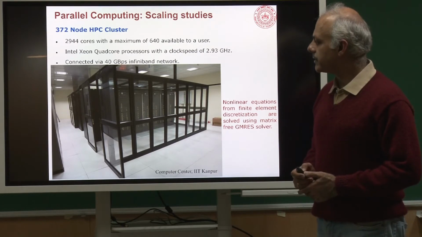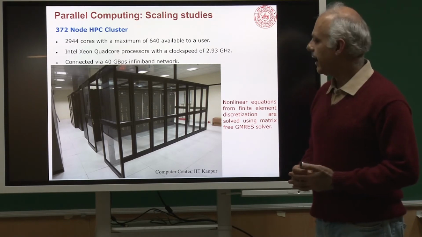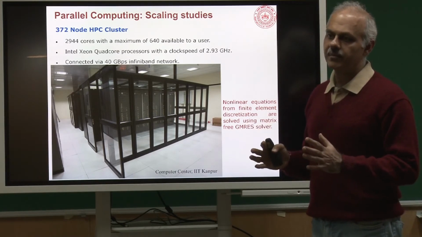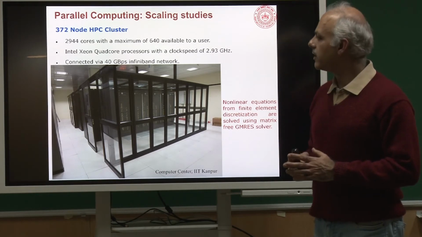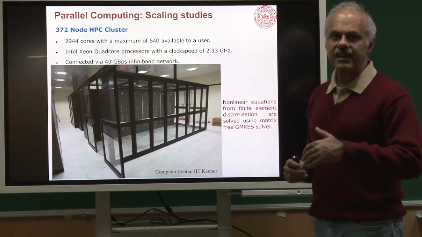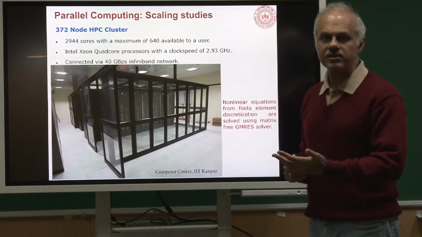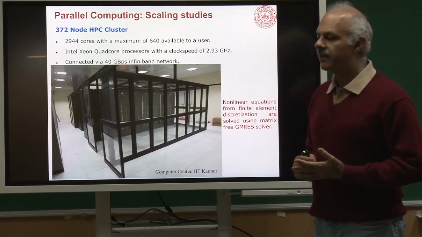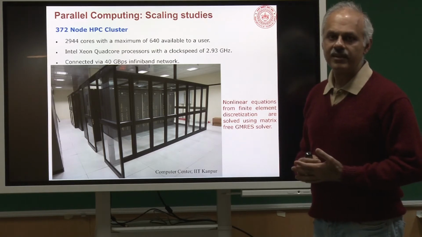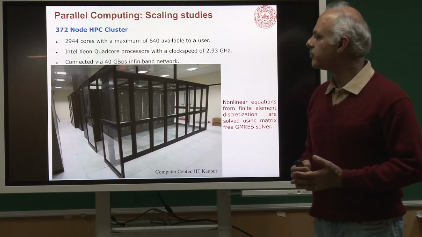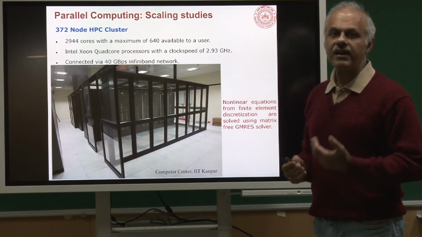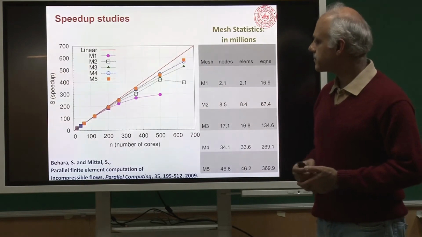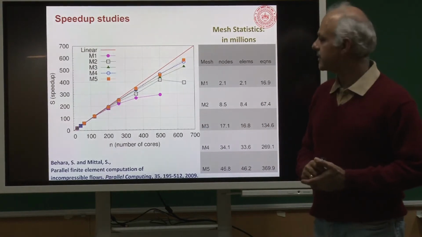Now what we want to do is take a problem and see how it scales up. If I take a particular, let us say, flow problem and run it on just one core versus 2 cores, 100 cores, 500 cores, it should speed up. In fact, in an ideal case it should speed up linearly. So if I have 100 cores or 100 computers, then it should take 1/100th the time to solve the problem. Okay. So on the next slide, I want to show you some speed up studies.